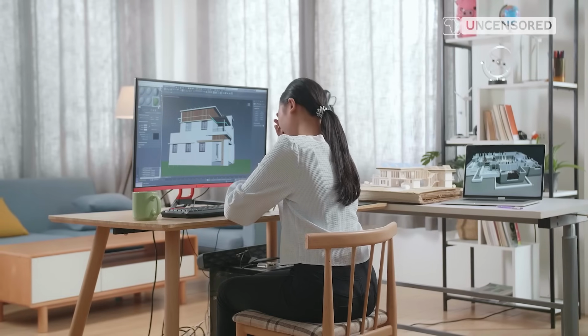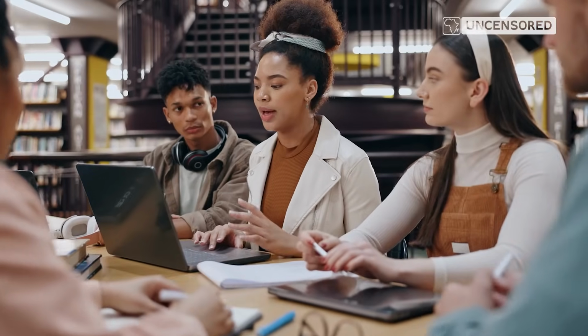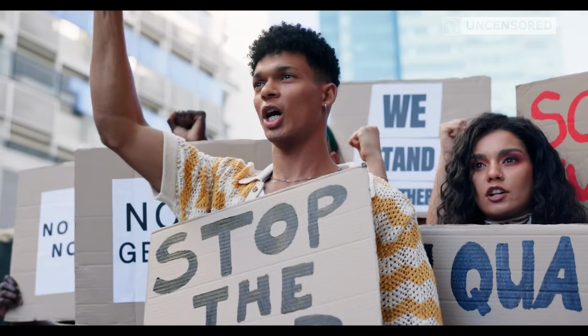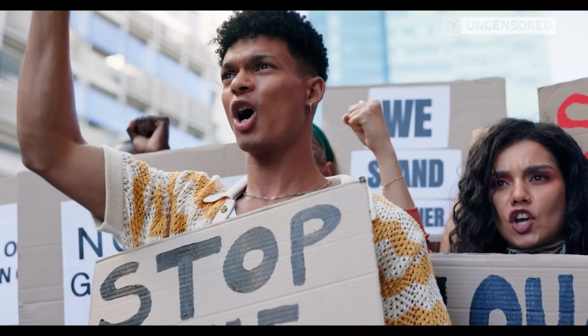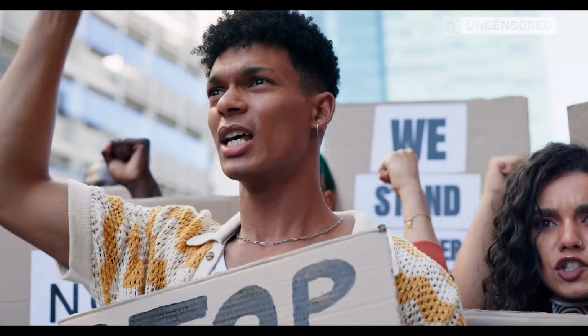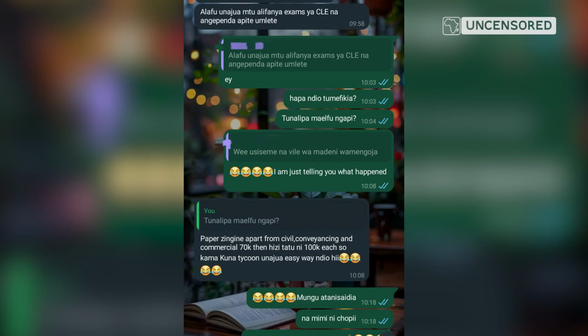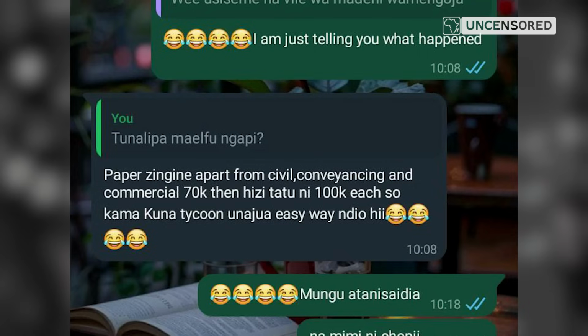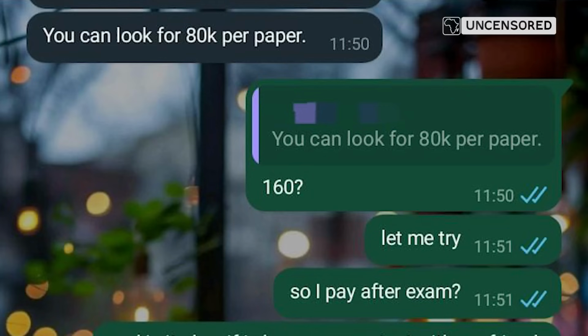Between software issues, wrong results being uploaded, getting grades for exams you didn't even take, the endless headache of being a transfer student, and sitting the same exam since 2012, it's no wonder students are desperate to escape this receipt remark cycle. Enter screenshots circulated on X of individuals kindly offering to help by leaking exams and adjusting results, for a price, of course. Another student, who we'll call Gloria, explains how the recruitment is done.